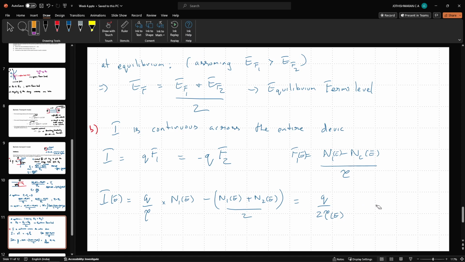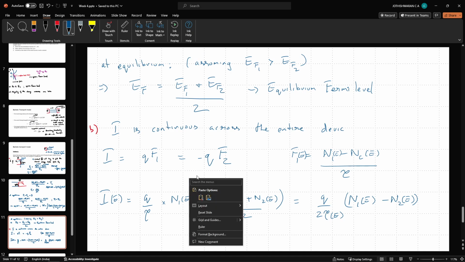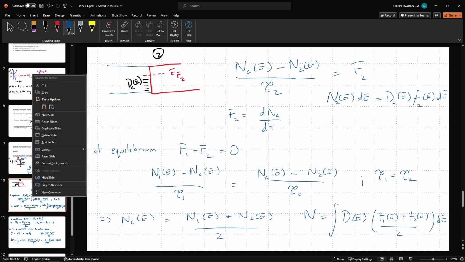Should write it as N1 of E minus N2 of E. Now we know N1 of E and N2 of E in terms of the density of states and the Fermi levels, the Fermi functions. So to that end, what we shall do is,